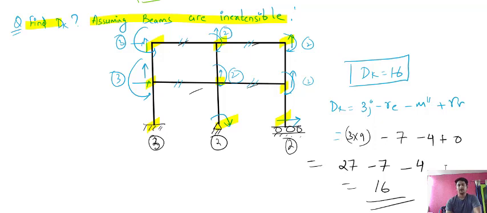Either directly you can calculate in case of any objective examination, if you are giving competitive exams like GATE, or directly if you want to check the unrestrained displacement, check it like this, and if you remember the formula, then you can directly use the formula and the value will be the same.